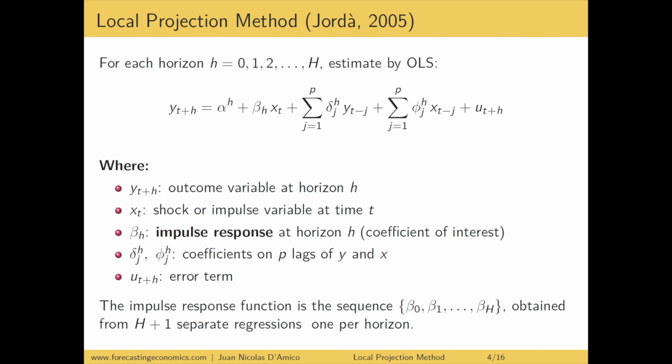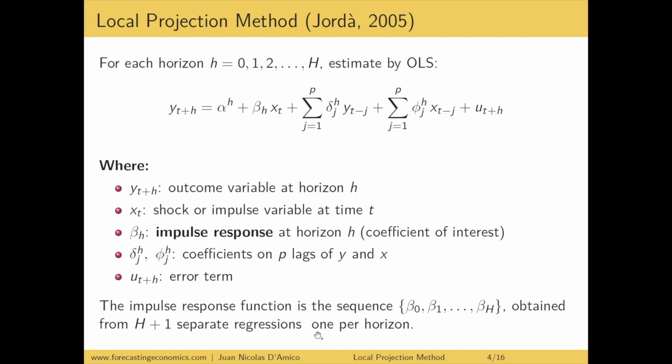All the control variables in our regression are going to be expressed under this x vector. And this is the number of lags that we are including in each of the variables, that is, in the dependent variable and in each of the control variables. And finally, we have an error term. So the impulse response function is the sequence from beta 0 to beta h obtained from h plus 1 separate